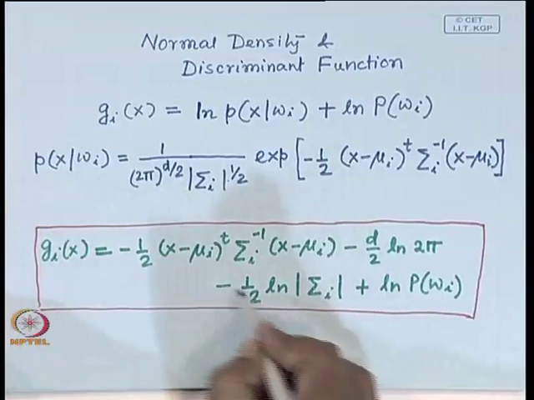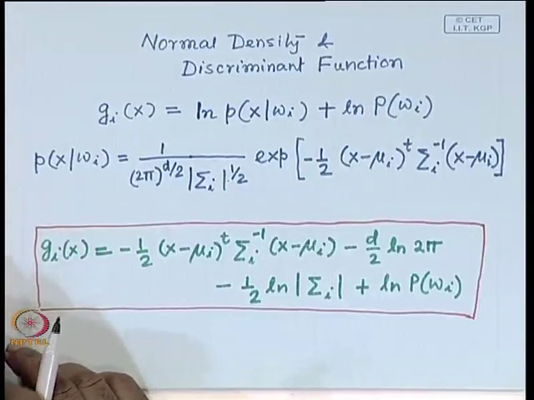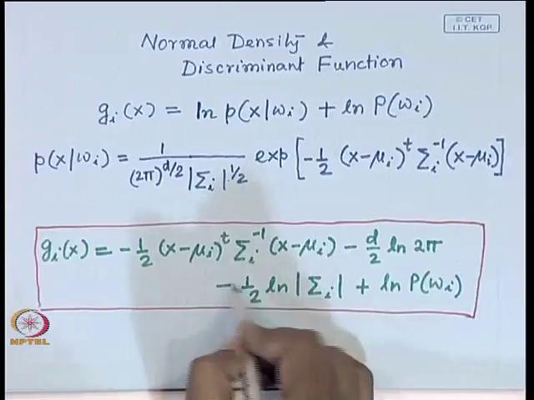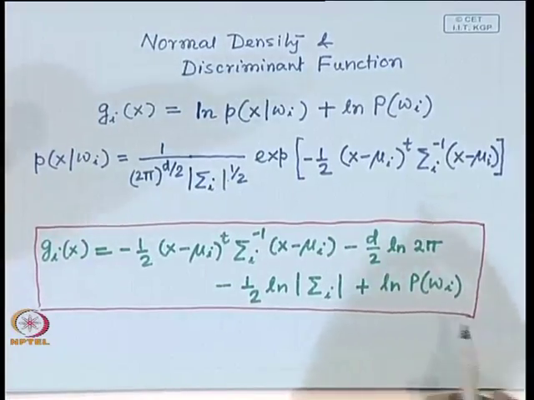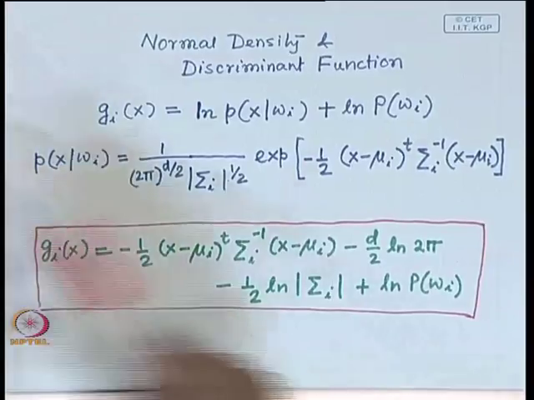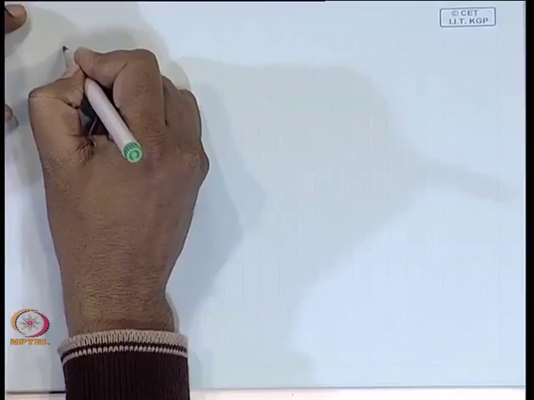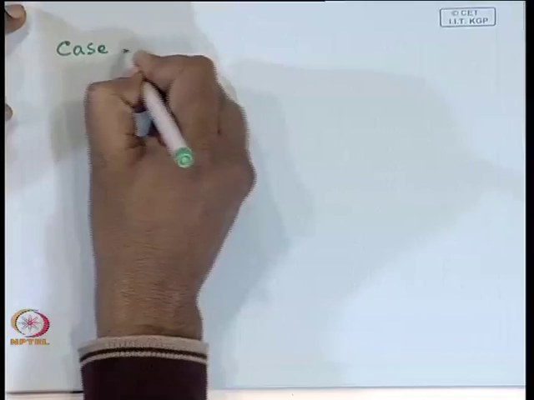And we have said that depending upon this covariance matrix Σ_i, we can have different types of discriminant functions. So, we will see what the forms of the discriminant function are, or what the architecture of the decision boundary between two different classes is, depending upon the covariance matrix Σ_i for the different classes. The first one that we will consider is the simplest form. So, we will put that as case 1,